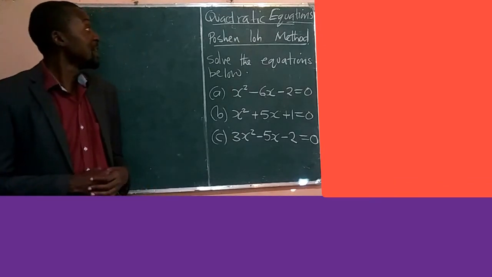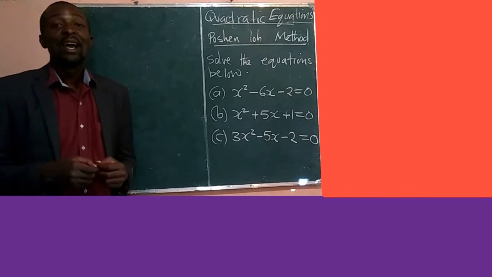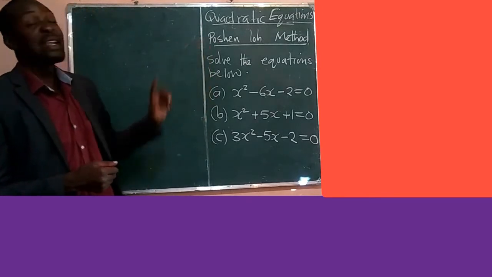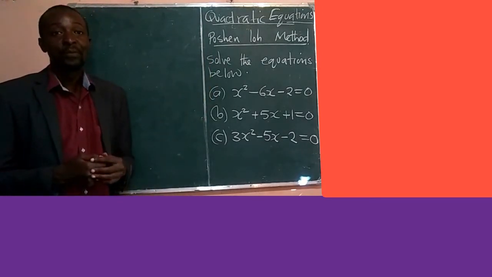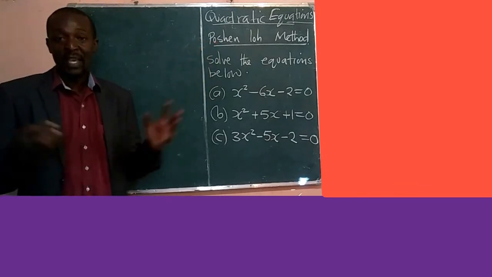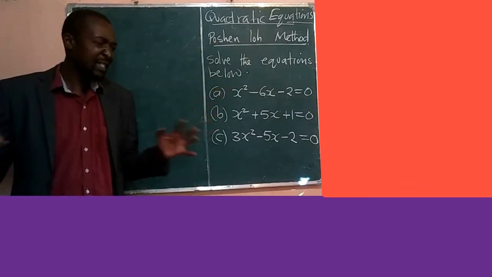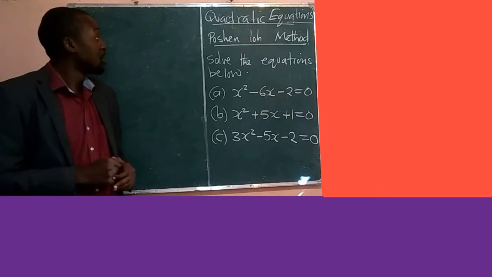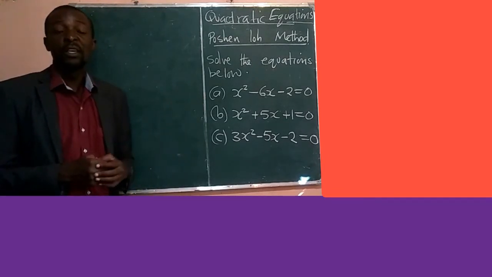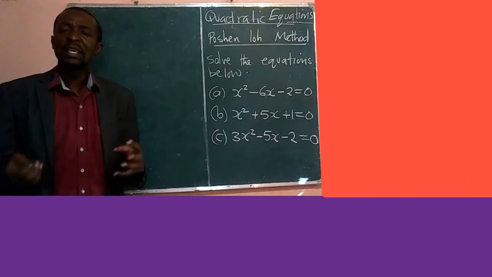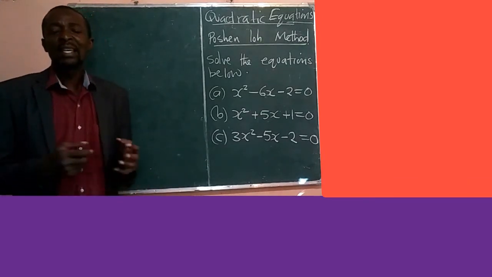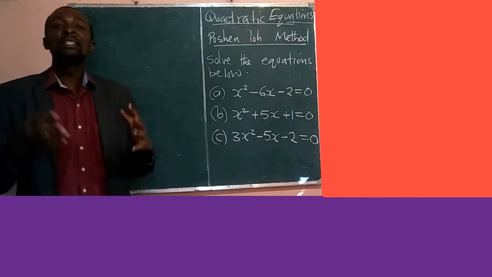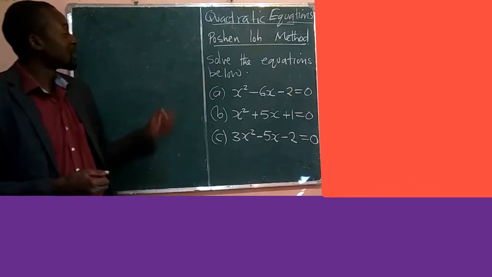And so this method here, let me start from the beginning. I must put a disclaimer that I'm not the one who discovered this method. I've included the name of the person who came up with this method. Dr. Po Shen Loh is, I think, a Chinese-American professor at one of the universities there. And so he came up with a method of solving these quadratic equations. But at the same time, I must say that even him, I understand that it's not him who is actually the original inventor. It was actually used by the Babylonians a long time ago. And today we are going to look at this method.